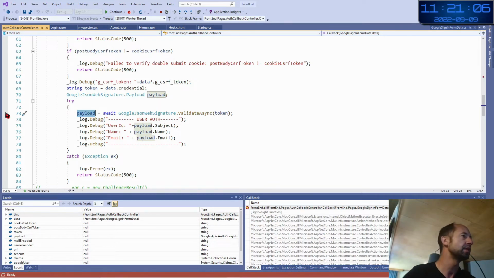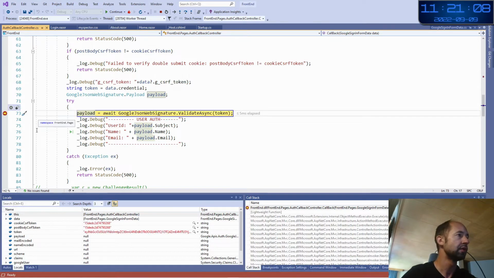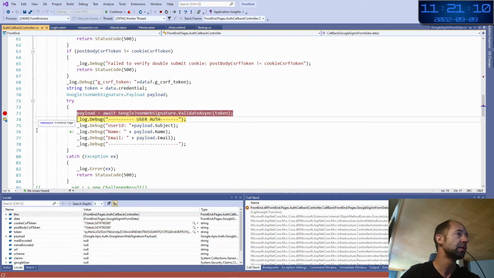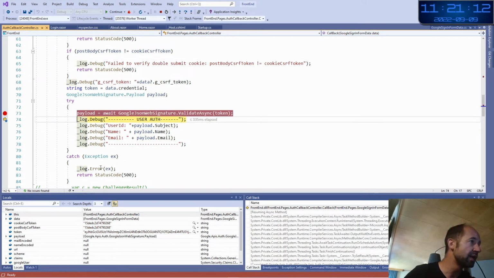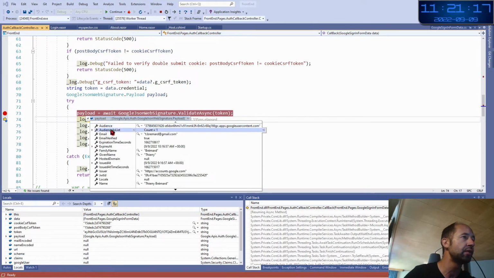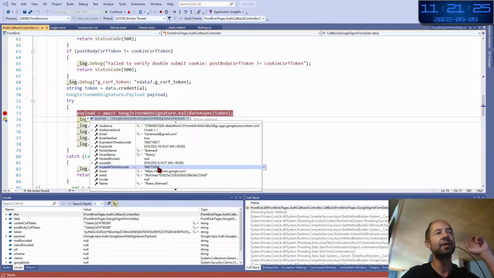So let's go here. Now I have the payload, and let's look at the payload. The payload has all the information. This is my email. Email is verified. Expire is at, my first name, my given name.